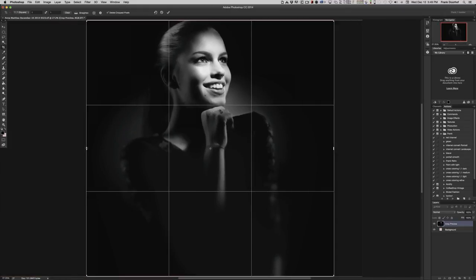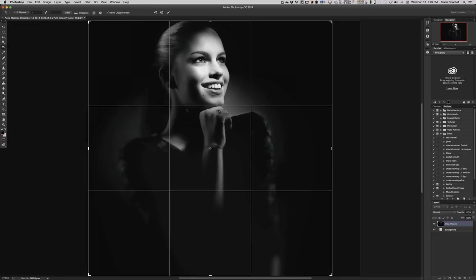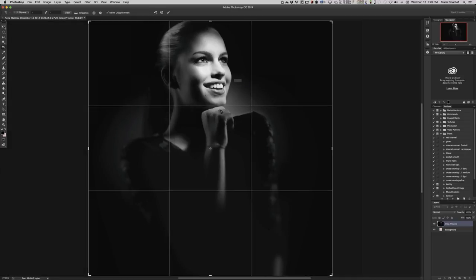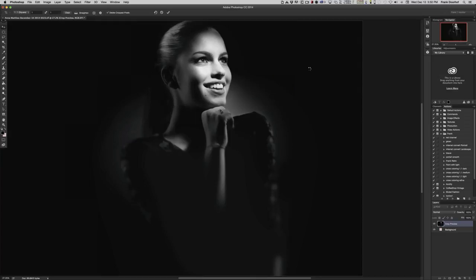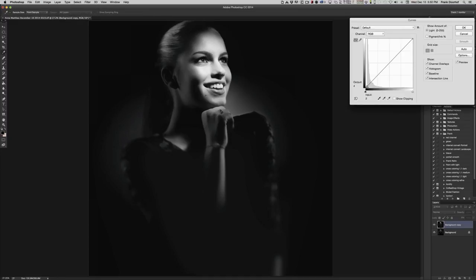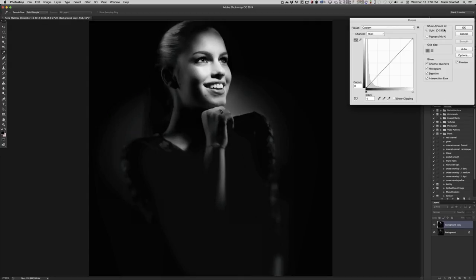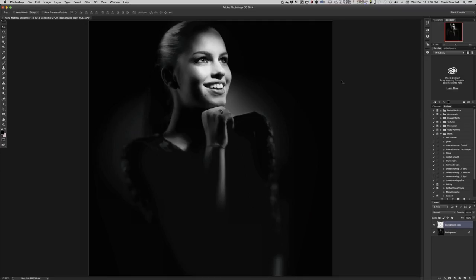Alien Skin is awesome, and yes, you can. I just prefer at the moment for black and white Tonality Pro. But Alien Skin, without any doubt, is awesome. It's really, really good. Just as DxO Film Pack. They're both on my computer, and I'm always in doubt which one to use. And sometimes I'll use Alien Skin Exposure for color, sometimes I'll use DxO. But black and white, for the moment, I'm using mostly this. So Tonality Pro from